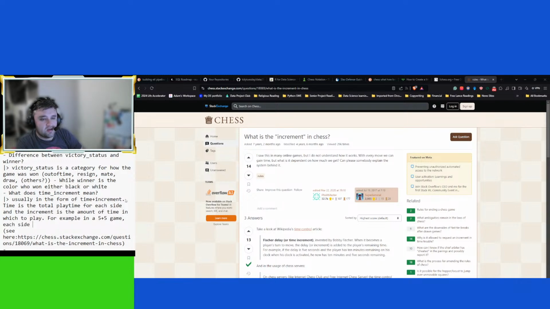Each side gets 5 minutes to play, and gets 5 seconds back after each turn. Okay, so there's probably some interesting kind of data analysis interplay there.